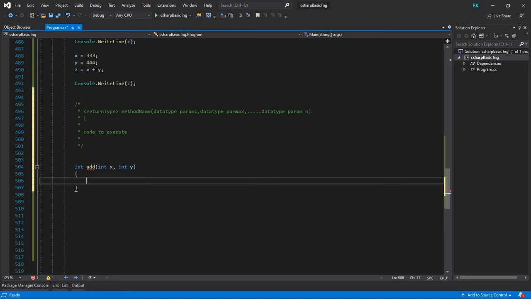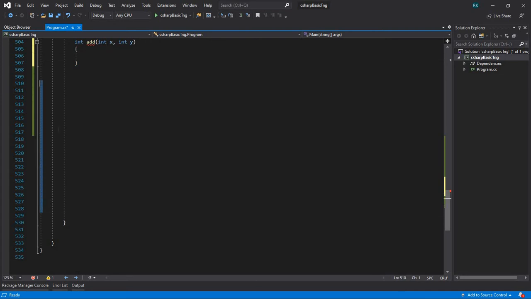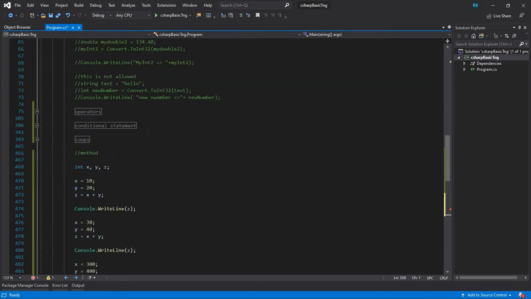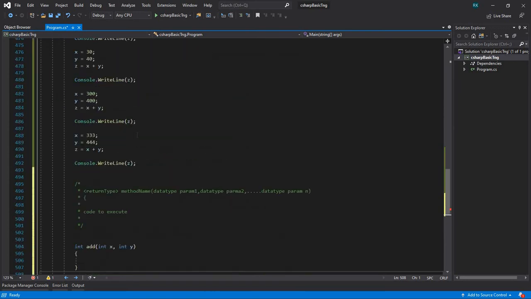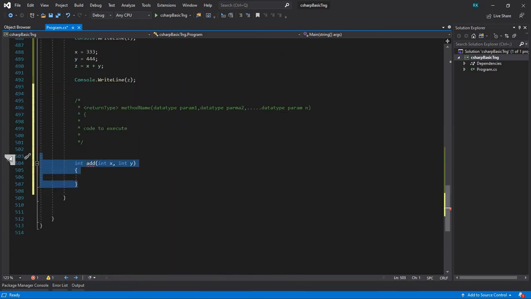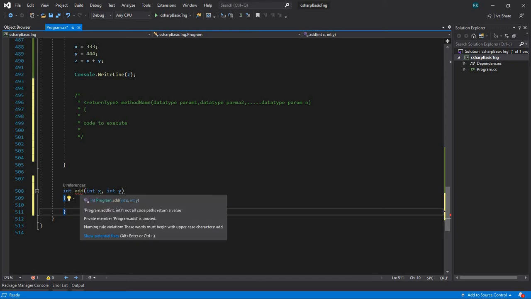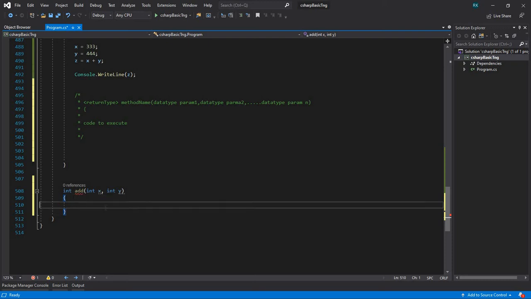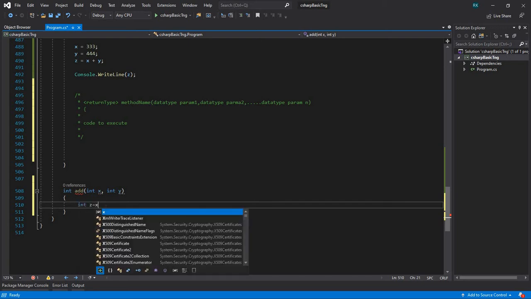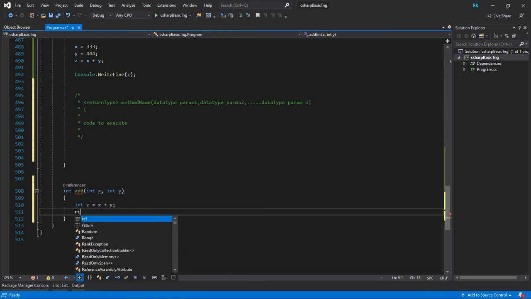and then we are going to say, oops, sorry, my bad, I've added it in the wrong place. Because that's inside the main method, and main itself is another method, the method has to sit in the right place. Okay, so we are going to say int z is equal to x plus y,